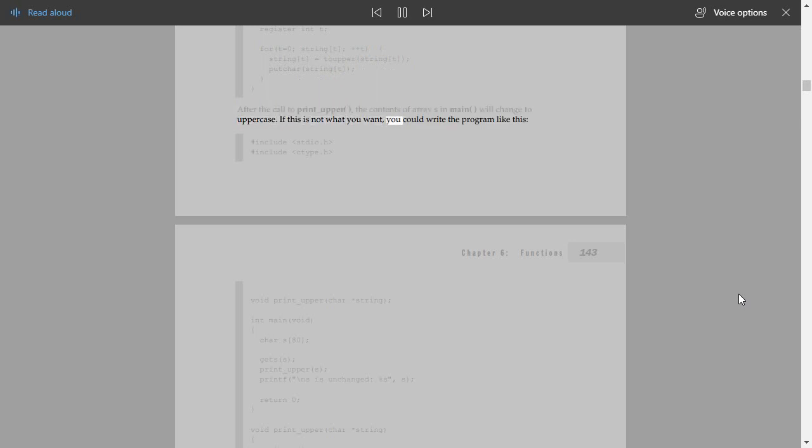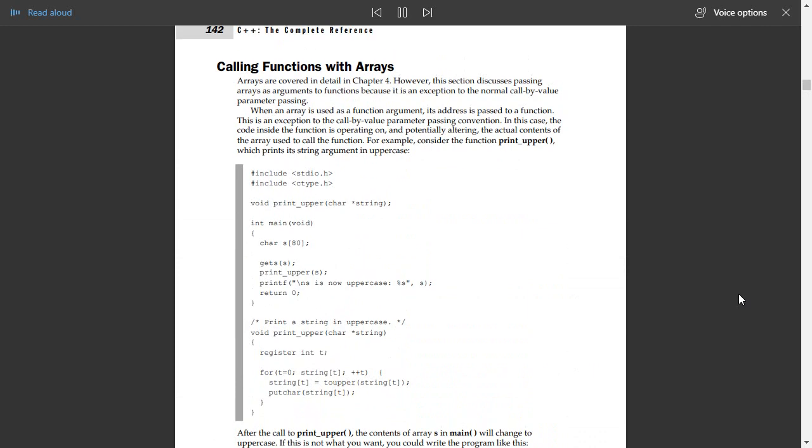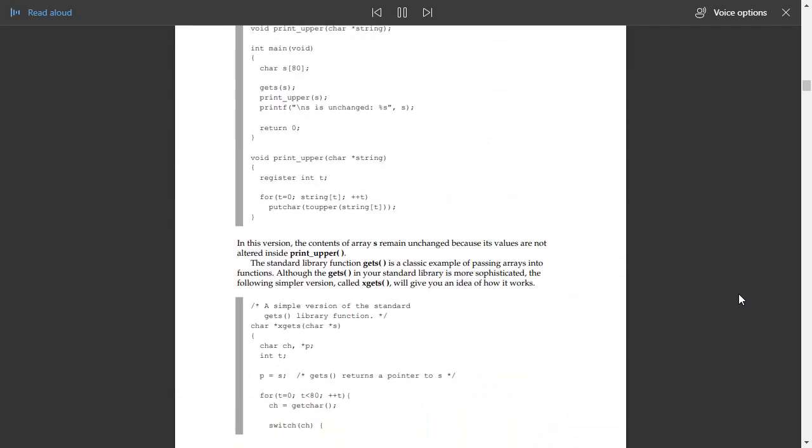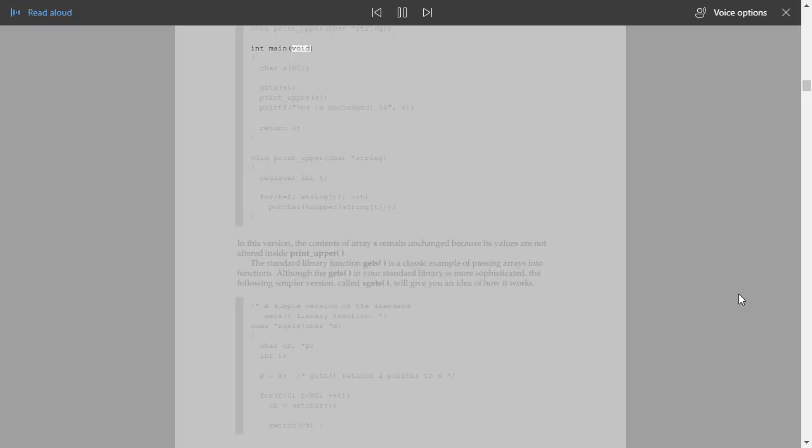If this is not what you want, you could write the program like this. #include <stdio.h> #include <ctype.h> void print_upper(char *string); int main(void) { char s[80]; gets(s); print_upper(s); printf("\ns is unchanged: %s", s); return 0; } void print_upper(char *string) { register int t; for(t=0; string[t]; ++t) putchar(toupper(string[t])); }